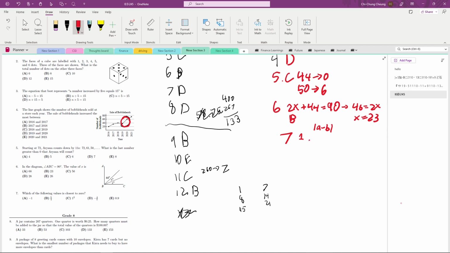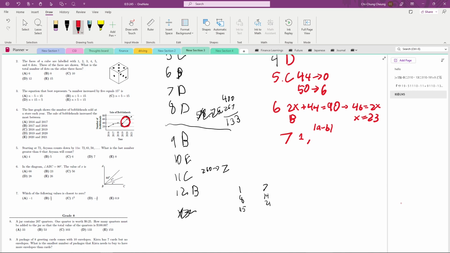B, this value is greater than 1, because 5 is greater than 4. C, it is 1. D, it's between 0 and 1, so the distance is less. And E is also between 0 and 1. Now,